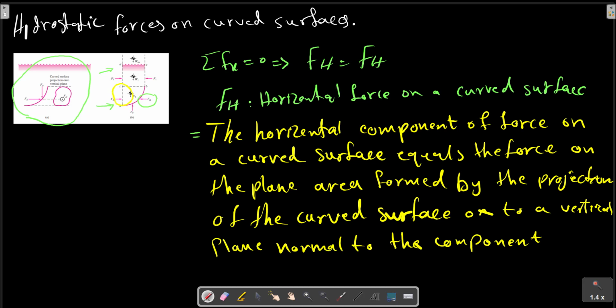This projection of the curved surface normal to the component, which is our component,